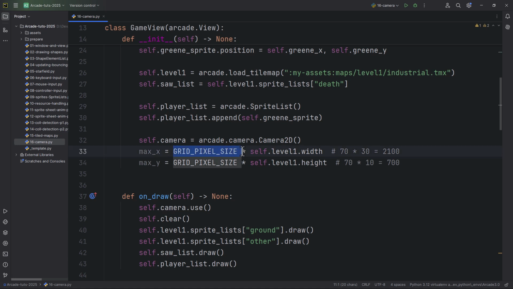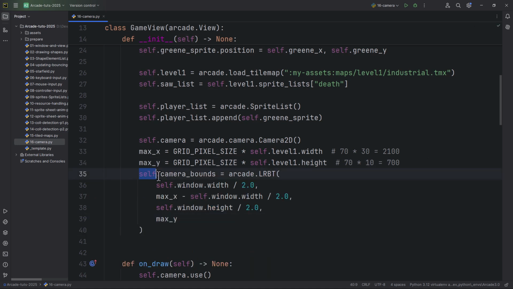So 70 times self.level1.width, and the level 1 width is 30. So max x will be equal to 70 times 30, so 2100. And max y will be equal to grid pixel size, so 70 times self.level1.height. The level 1 height is 10, so 70 times 10, which is 700. And now let's create a rectangle, and this will be the camera bounds. So self.camera_bounds equals